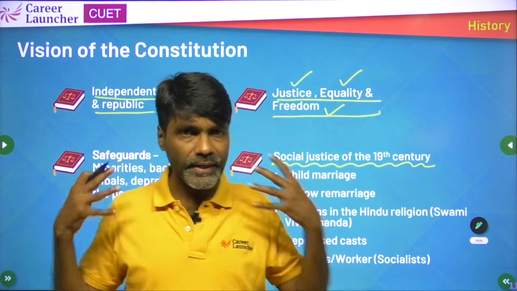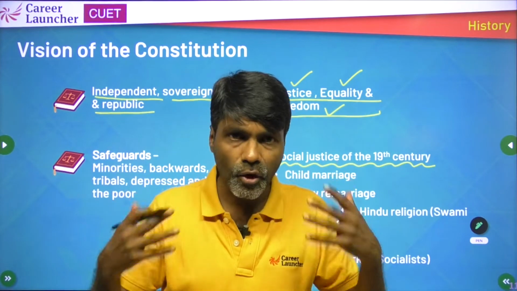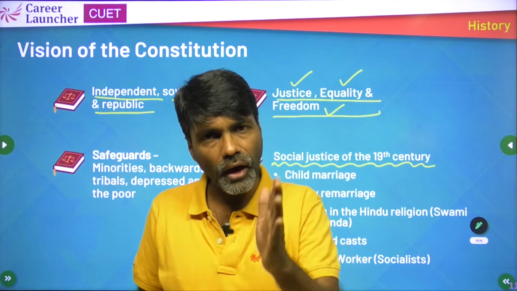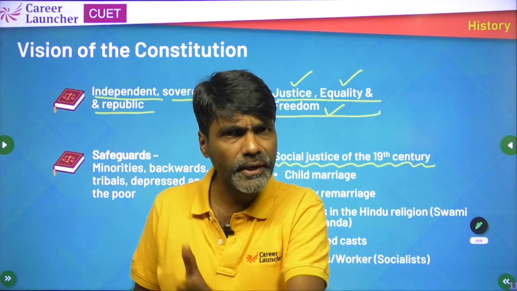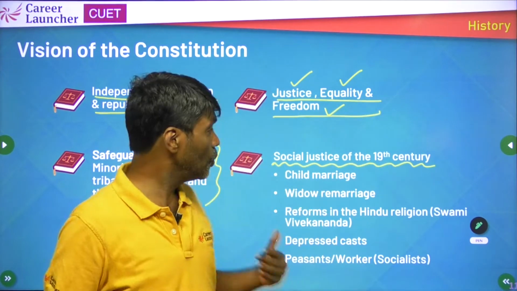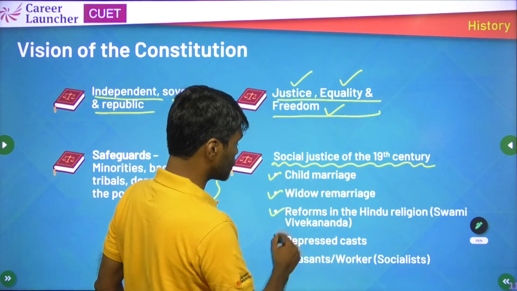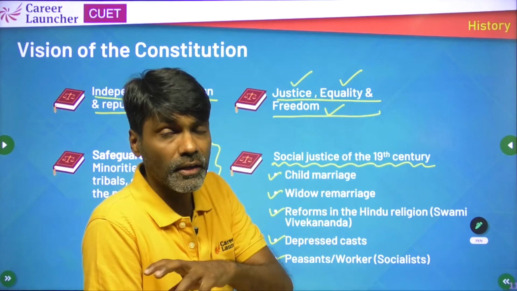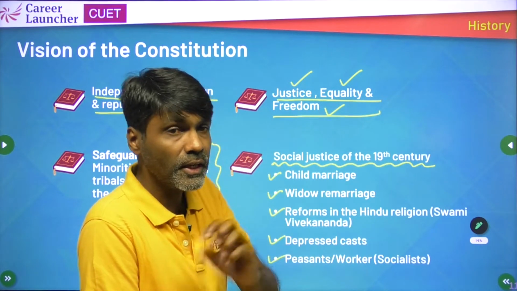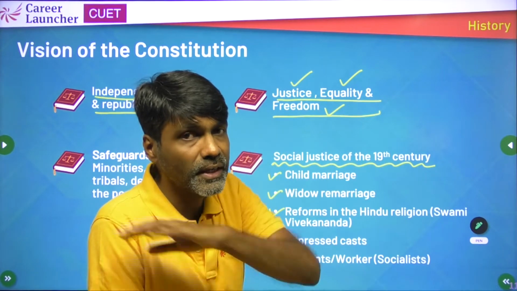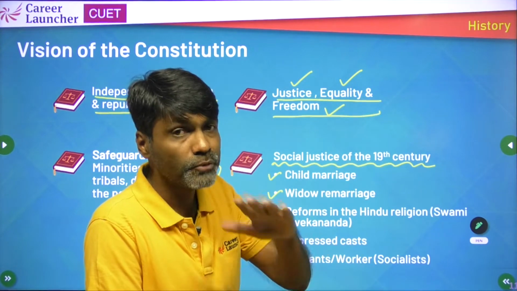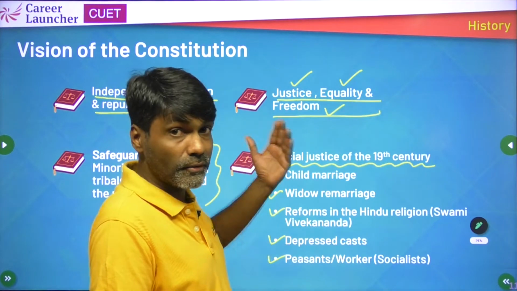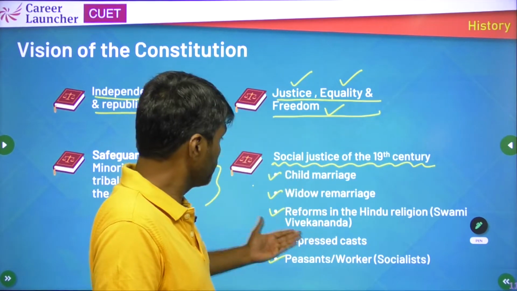Another important guiding radar or compass that they were looking at is, India saw a large number of eminent leaders, social reformers who worked towards eliminating a lot of social evils. So another very important outlook of the constitution makers, the founding fathers, was how do we constitutionally provide for these to be abolished, to be ended. Child marriage, remarriage of the widow. You know, the end of Sati happened some time ago, if you remember.